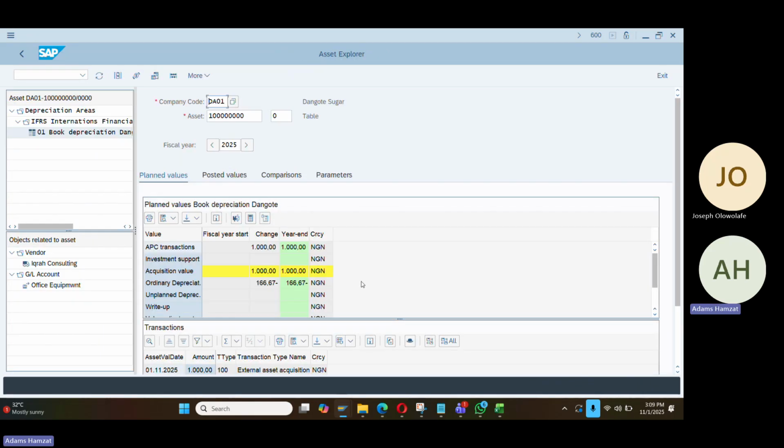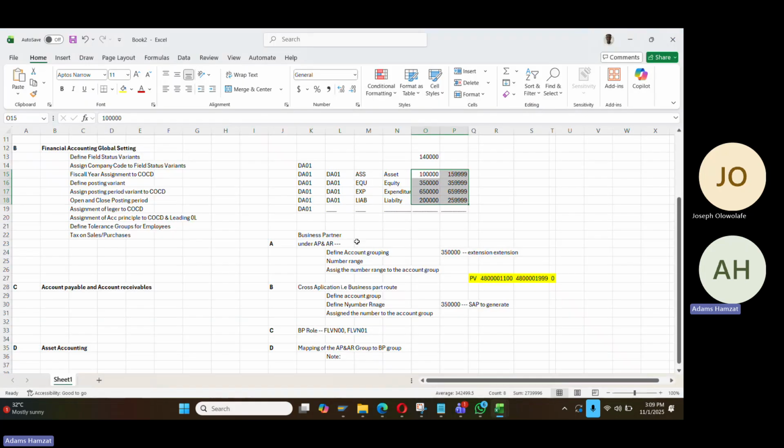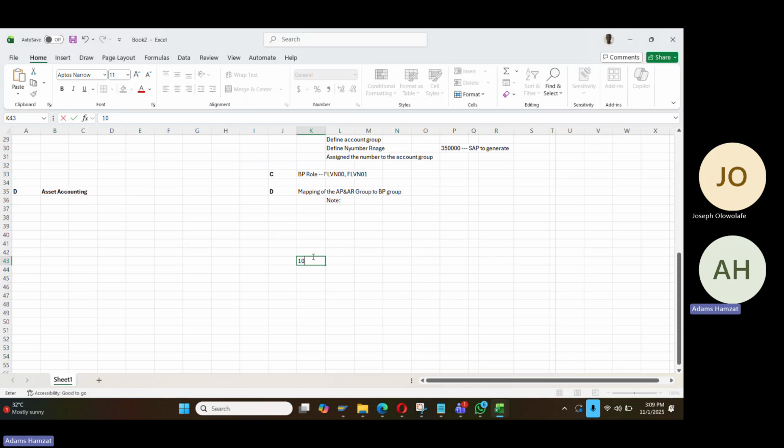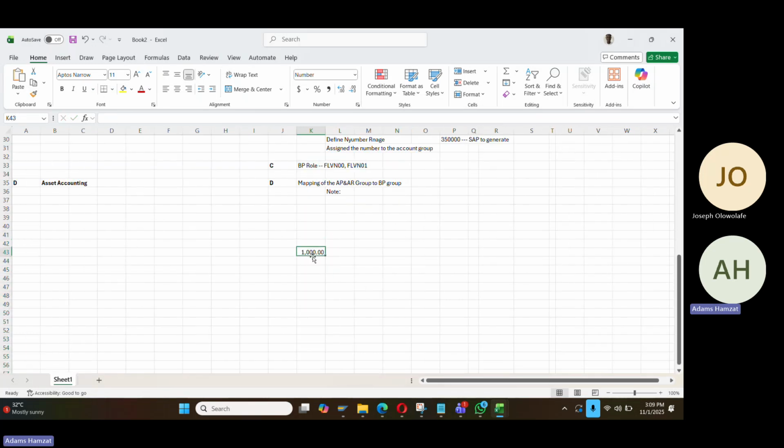So this is the asset code now. 1000. You'll be wondering why this was 667. So let me demonstrate what this is. You have 1000, and when you divide this by 12, you have this. When you divide this by this, let's now assume,